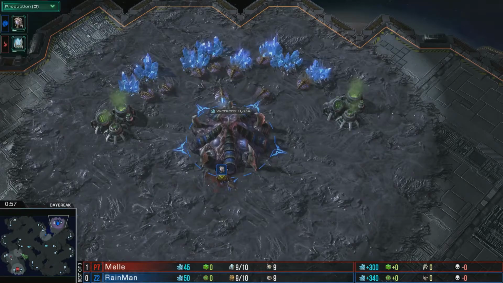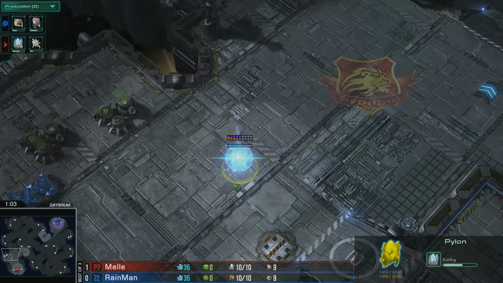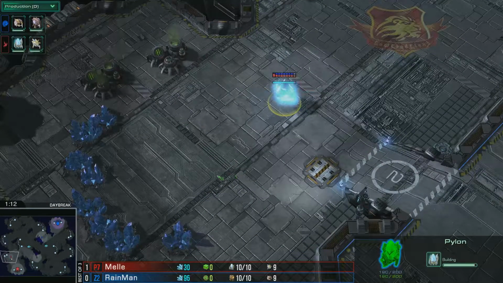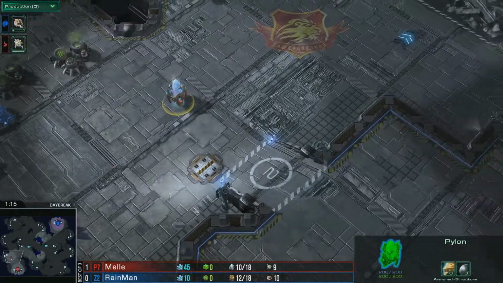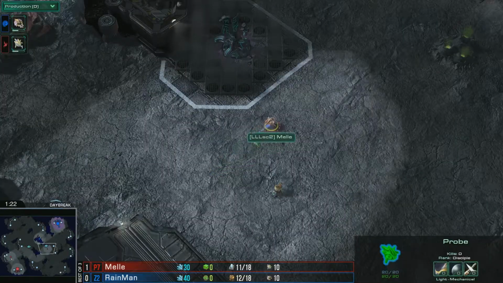It looks like Melle is not going to go for the gateway expand this time, unless he decides to throw it down at his natural, which is kind of unusual. So I don't see him do that. And yeah, it's going to be Forge first. This map is very, very safe with Forge fast expands. Even if you go Nexus first,